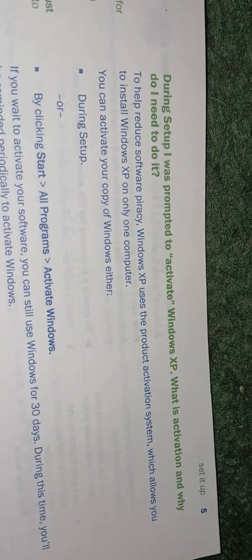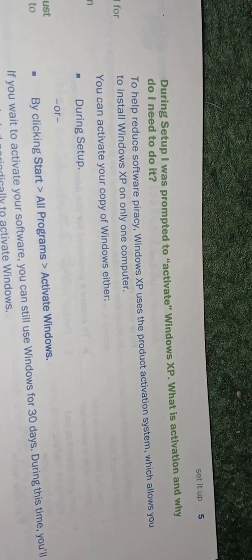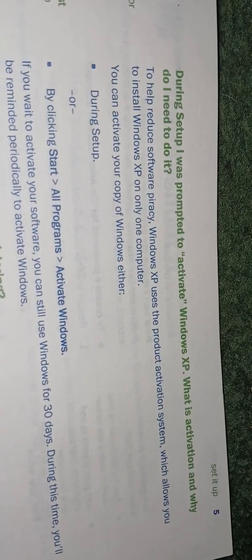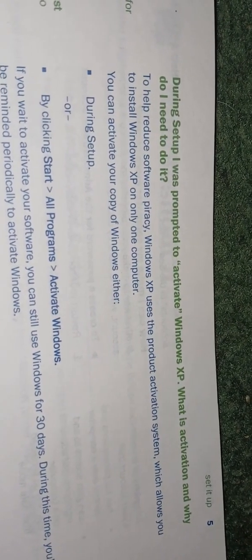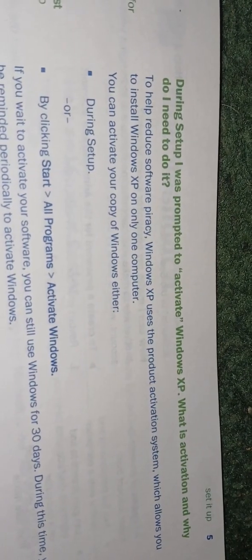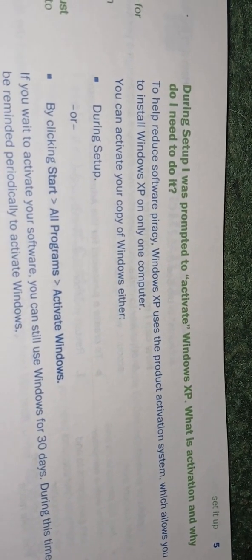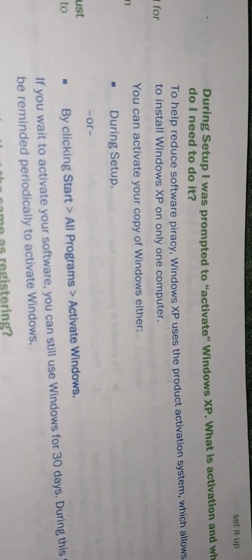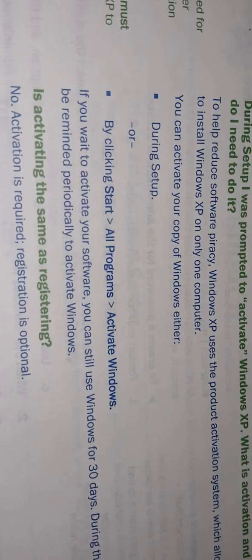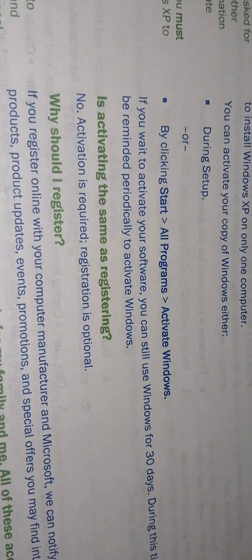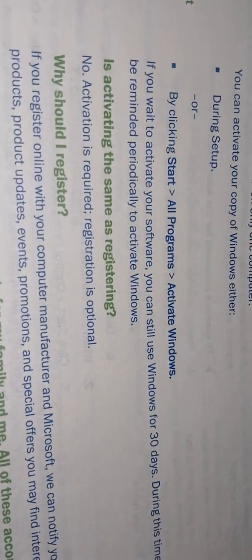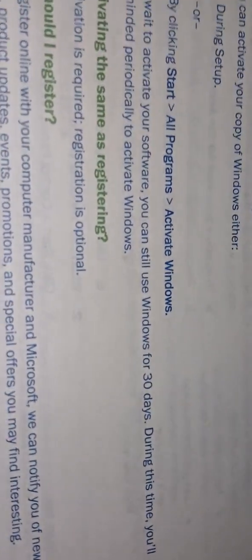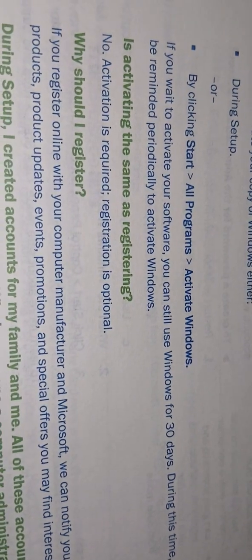So anyways, during setup, I was prompted to activate Windows XP. What is activation and why do I need to do it? To help reduce software piracy. Windows XP uses the product activation system, which allows you to install Windows XP on only one computer. You can activate your copy of Windows either during setup or by clicking Start, All Programs, Activate Windows. If you wait to activate your software, you can still use Windows XP for 30 days. During this time, you'll be reminded